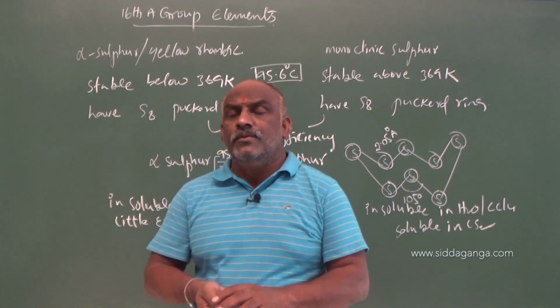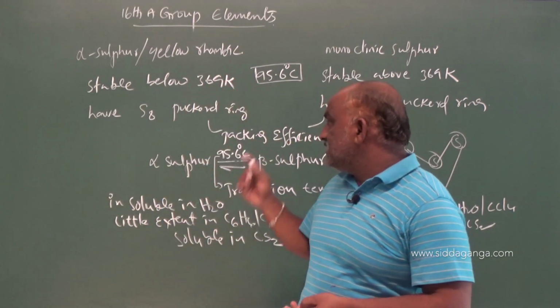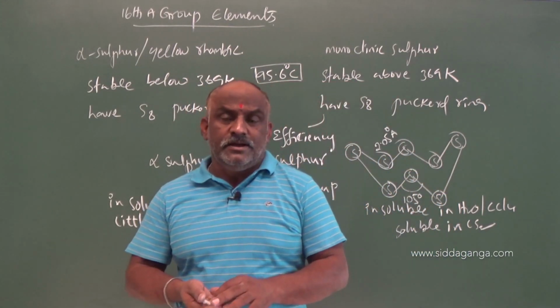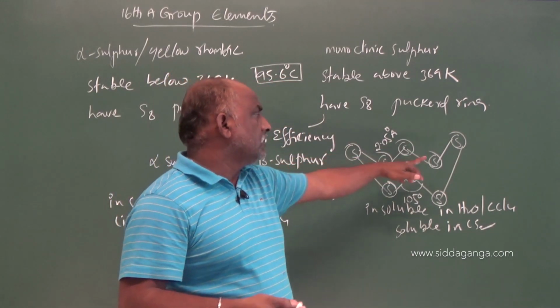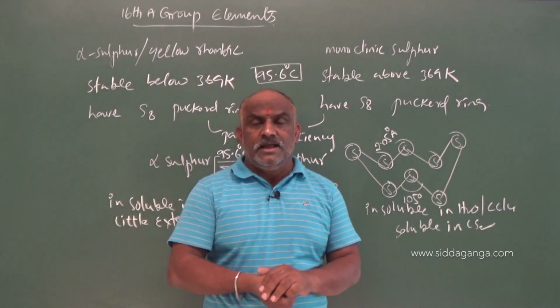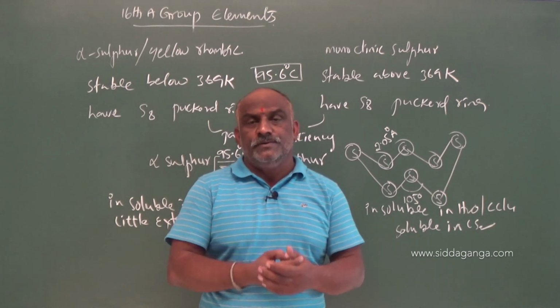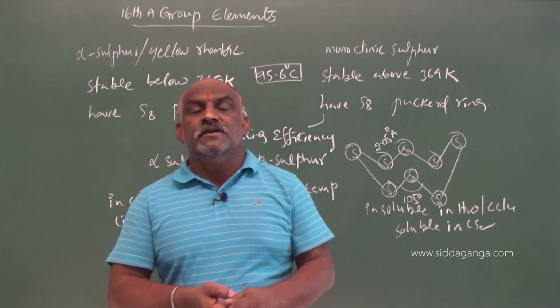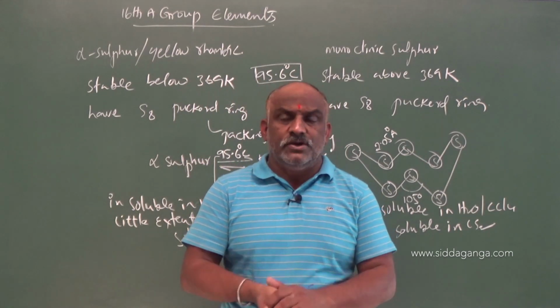And one more type of sulfur is also there, called plastic sulfur. Plastic sulfur is an example of an amorphous form, unlike rhombic and monoclinic, where S8 molecules in crown shape or puckered ring shape are observed. But in plastic sulfur, the sulfur atoms are arranged in a zigzag manner. Due to that it is said to be an amorphous solid. Clear?